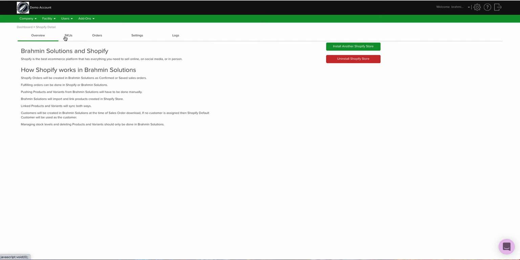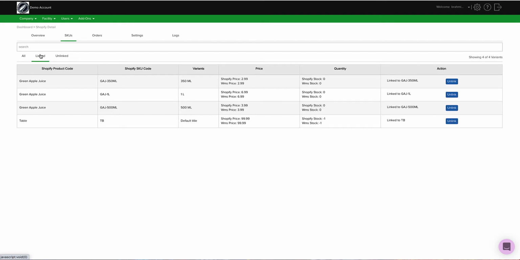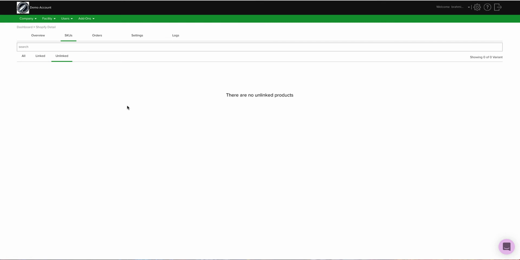So here's the overview, the SKU side. Okay. The SKUs will show you what are the linked products. So you can see that there's actually 4 products linked: the table, green apple juice with the different variations. And then here's the unlinked tab. So if any product is not linked, they will automatically appear here, and then you can go in and link